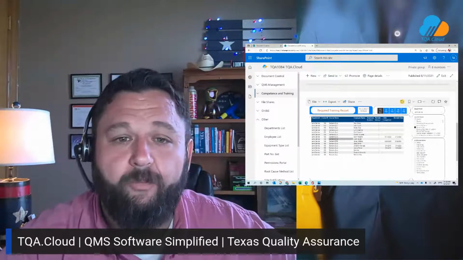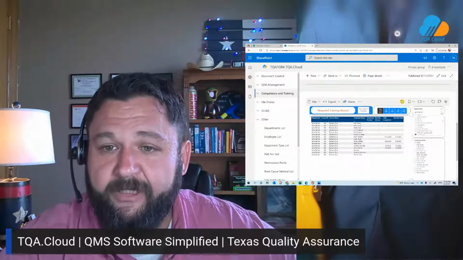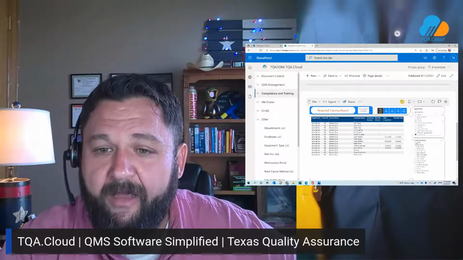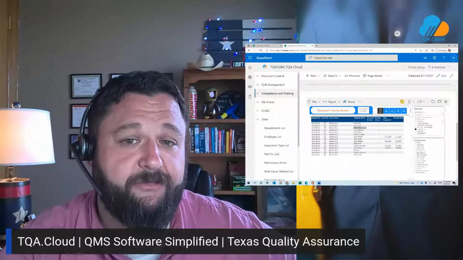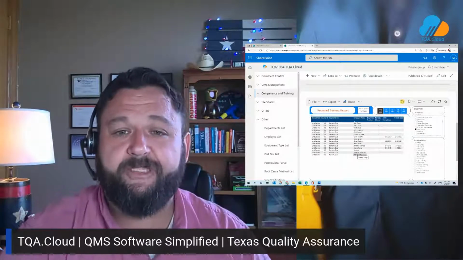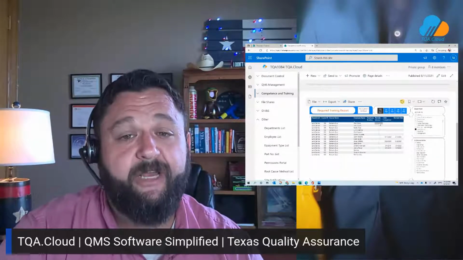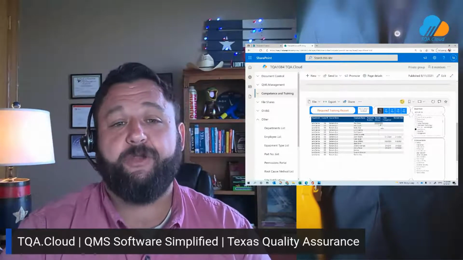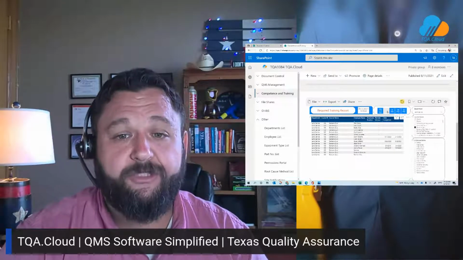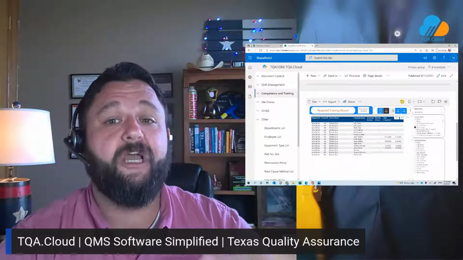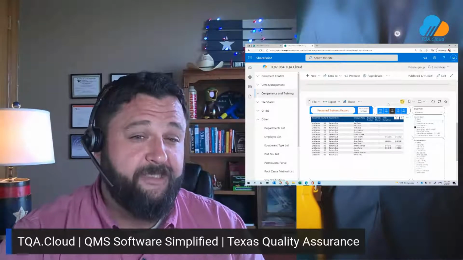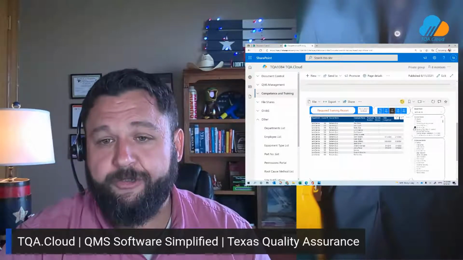Now, this report will allow us to filter by department. So let's say we're going to the land service department today, and we want to know everyone who is missing a training in our land service department. Well, here we go. We have a list of everyone that's missing records for our benzene quiz. This quiz has a retrained interval of 1, which means that they have to be retrained on an annual basis. We can get further visibility. We can go out to 60 days, and we can know who's coming due soon, to 90, 120, even 150 days to get that full visibility that you're really looking for with your training program.